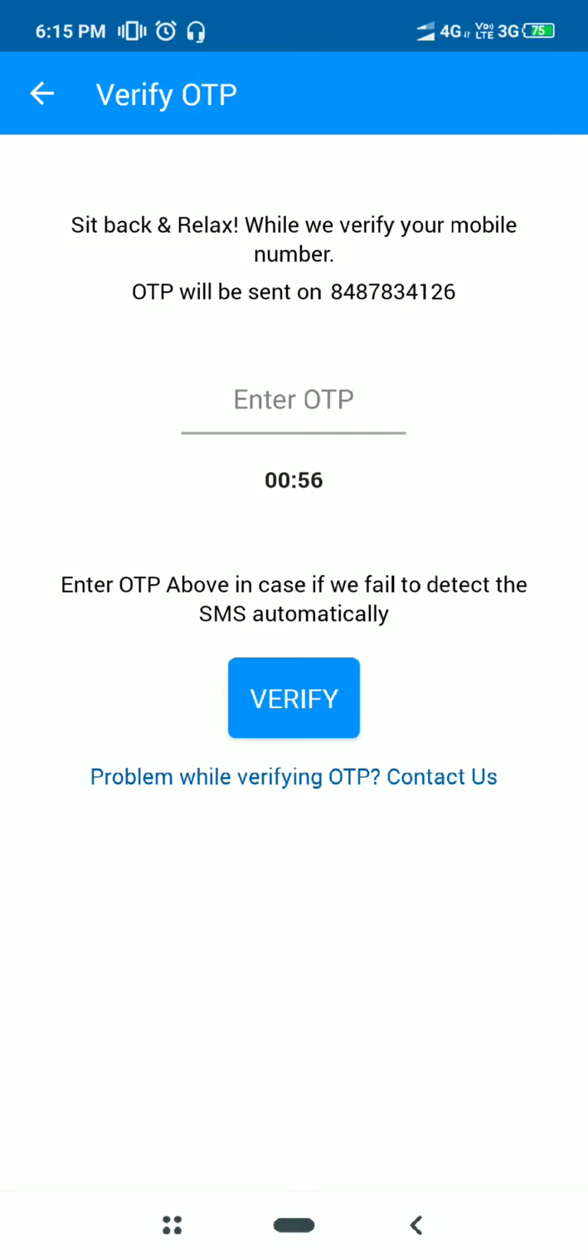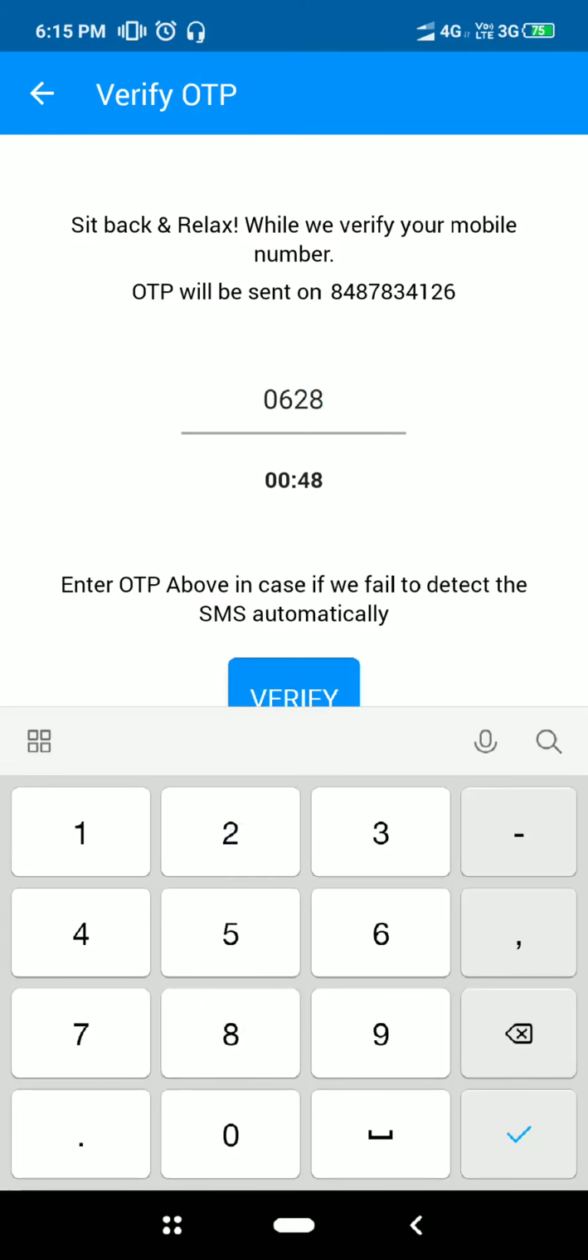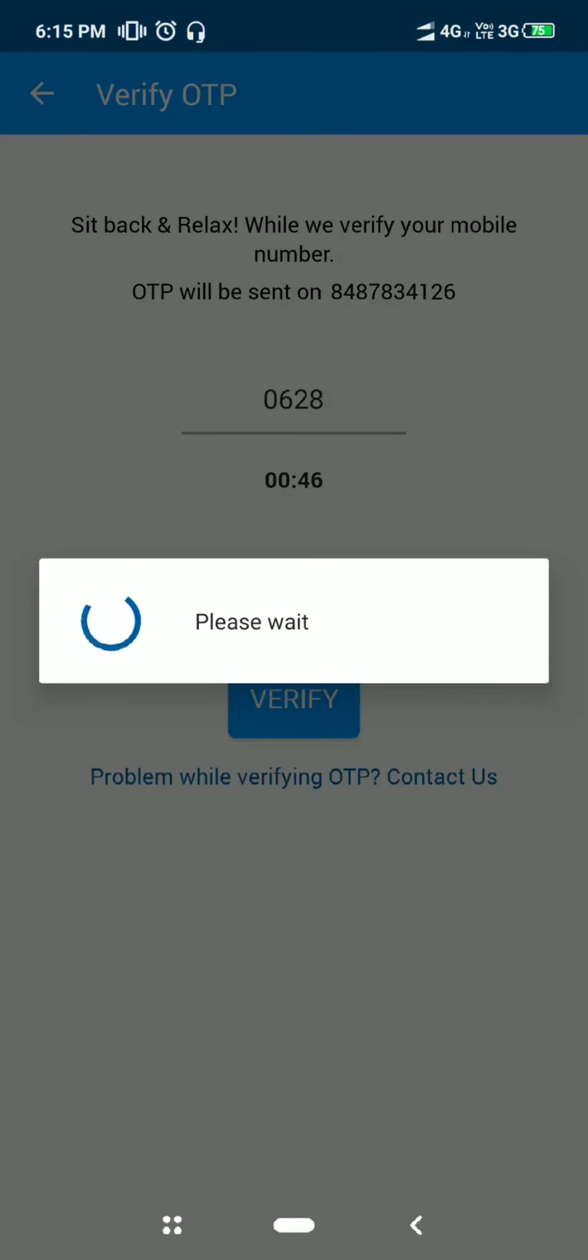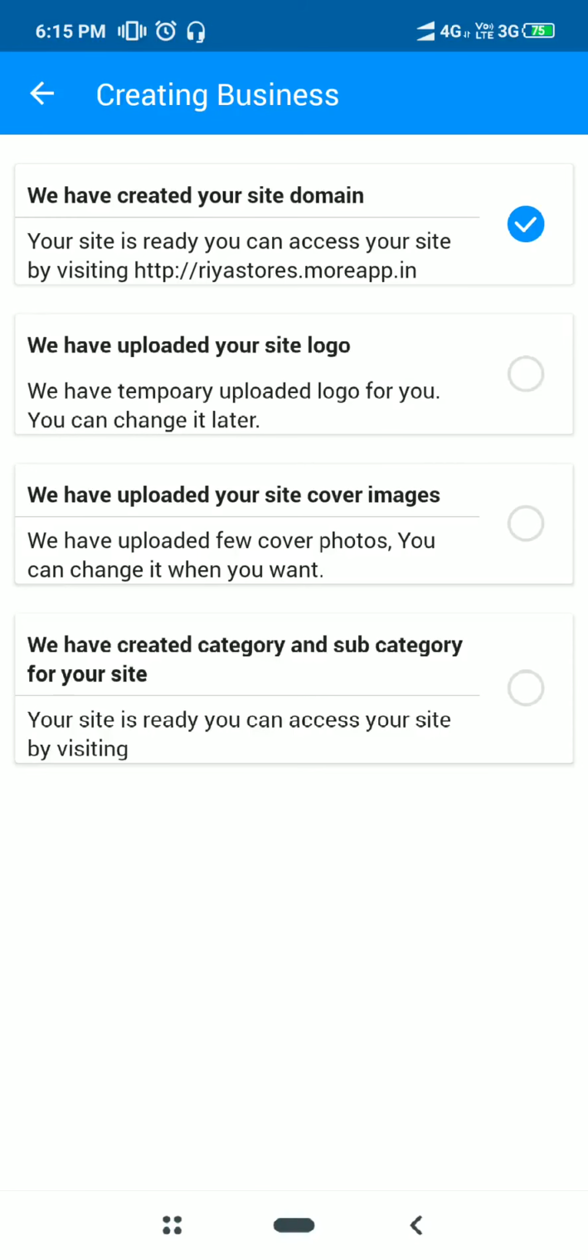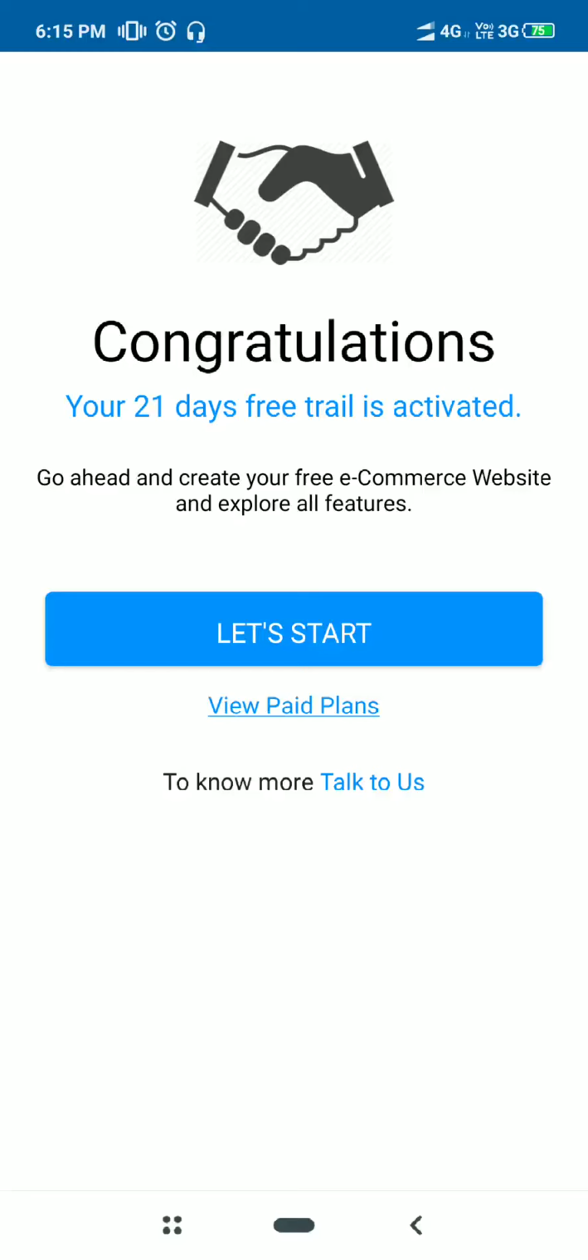You will be receiving an OTP on your registered number. You just have to mention it here. Verify it. Now here your website is being created. The domain, the site logo, the site cover images, and the category and subcategory for your website. Congratulations, your 21-day free trial is activated. Let's start with the